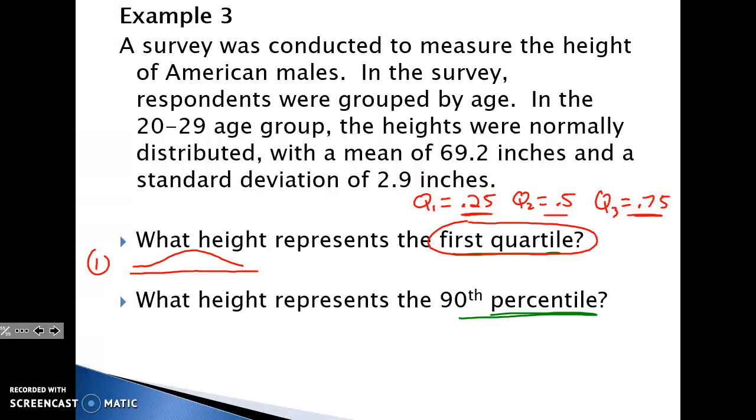So let's mark off 25%. So that means this is 25% of my curve. So if I write this as a left problem, I'm going to use 0.25. All right, because 25% is